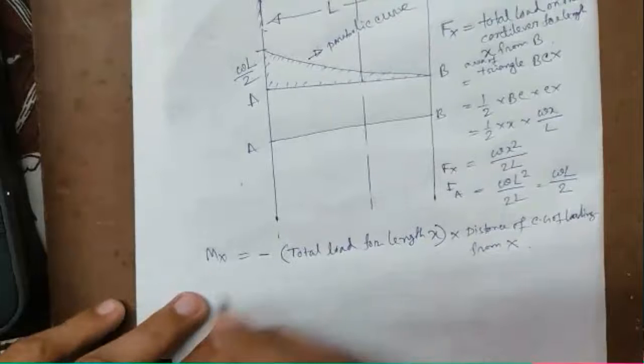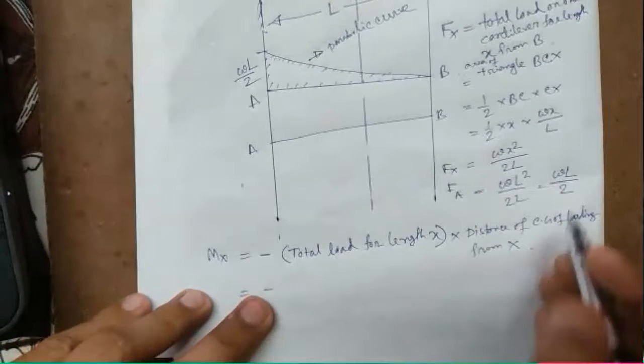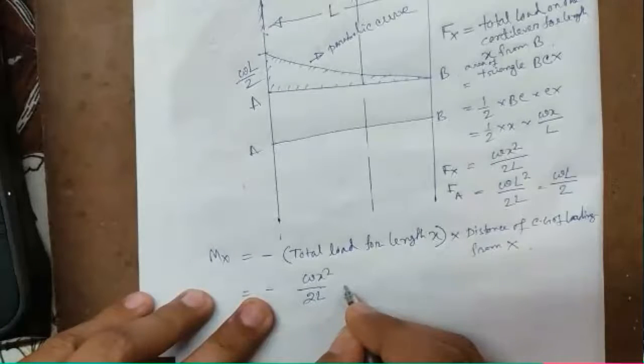So the total load that is working is this much, W x square by 2L, and it will be